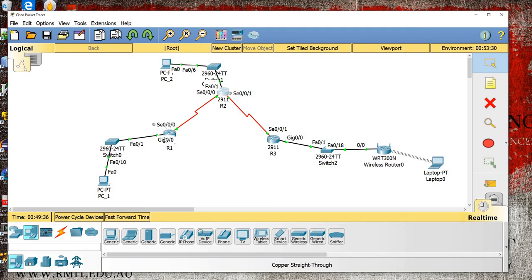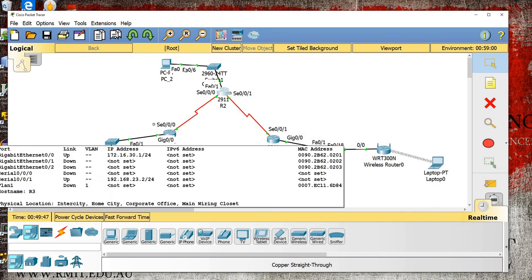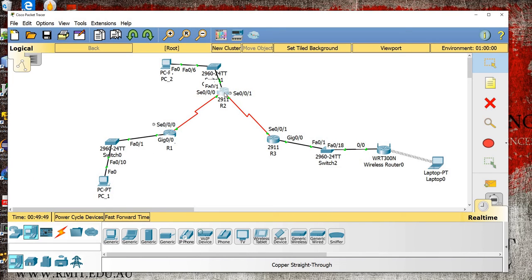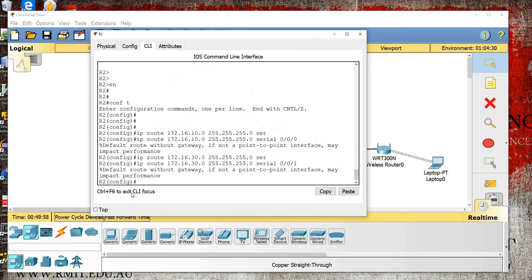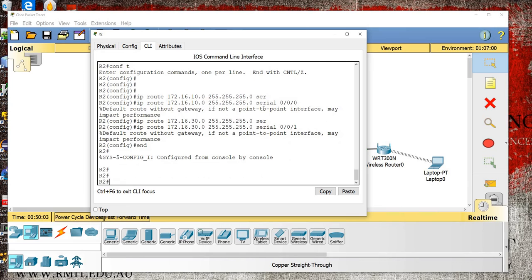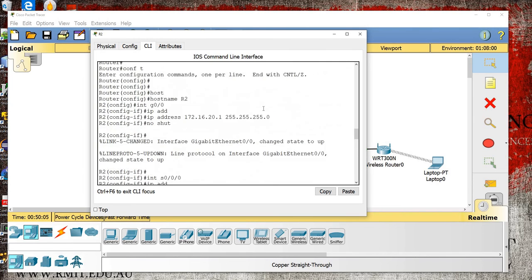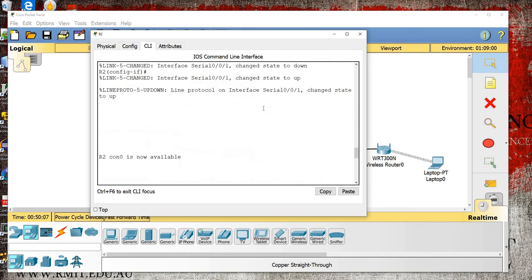Static routing. A default static route from R1 towards R2, which will catch everything. Whatever packet it will receive, it will send towards that direction. Similarly on R3 as well, default. But on R2, two static routes. One for 172.16.10.0, the other one for the 30.0 network. And we can verify. If you remember that show IP route command, which I gave first, I didn't give it first here, but anyhow,